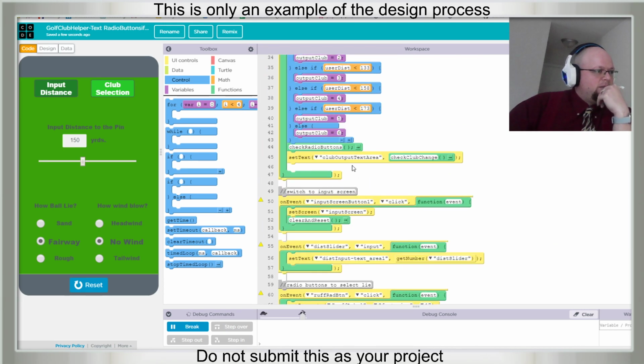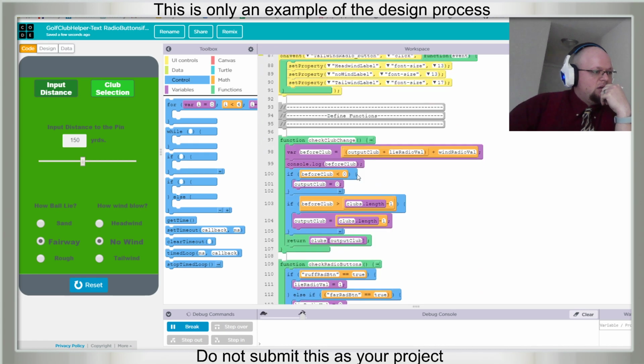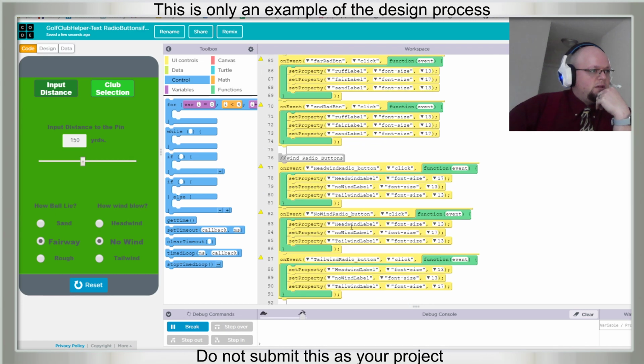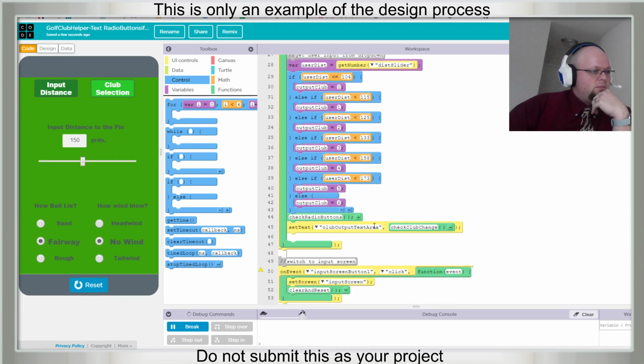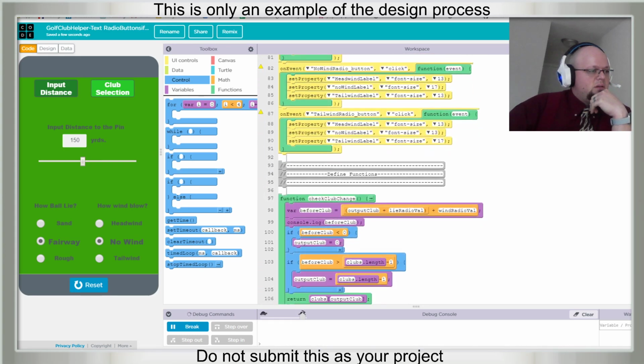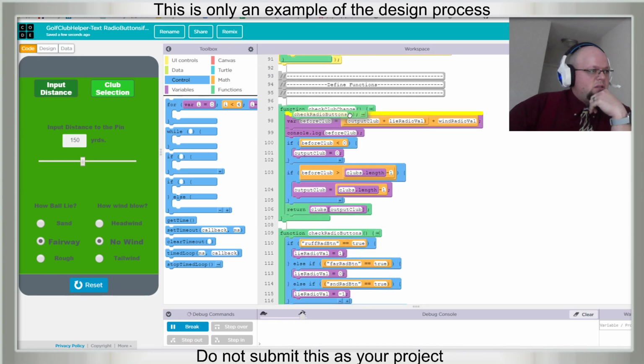Okay, check radio buttons. We have check radio buttons. But no, we call this check club change. I think check radio buttons needs to be inside of check club change.